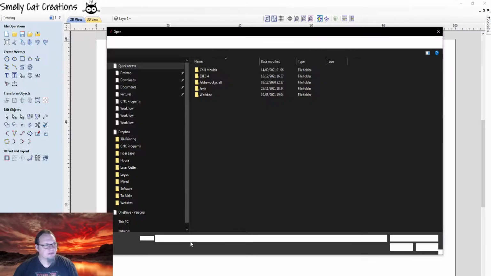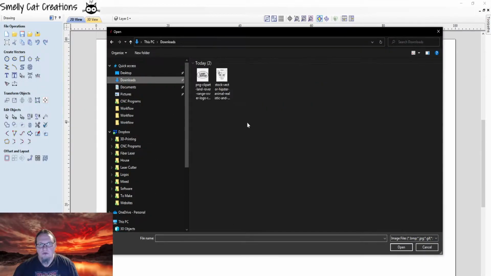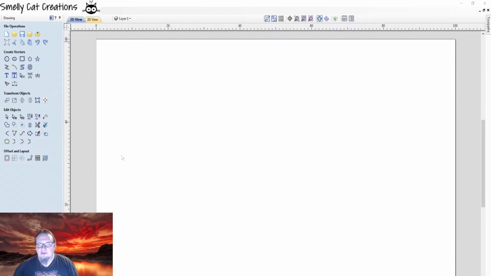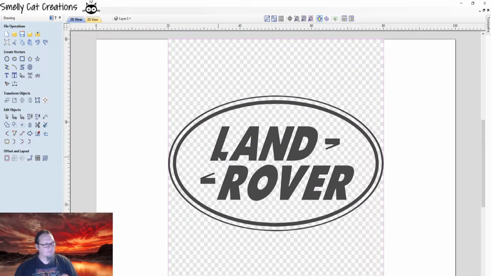It will take us to our Land Rover logo. We open that. There we go. So this is our bitmap image. Now it has been brought into the software. Because you can see it and it's highly visible, it means it's selected, and you can see the pink square